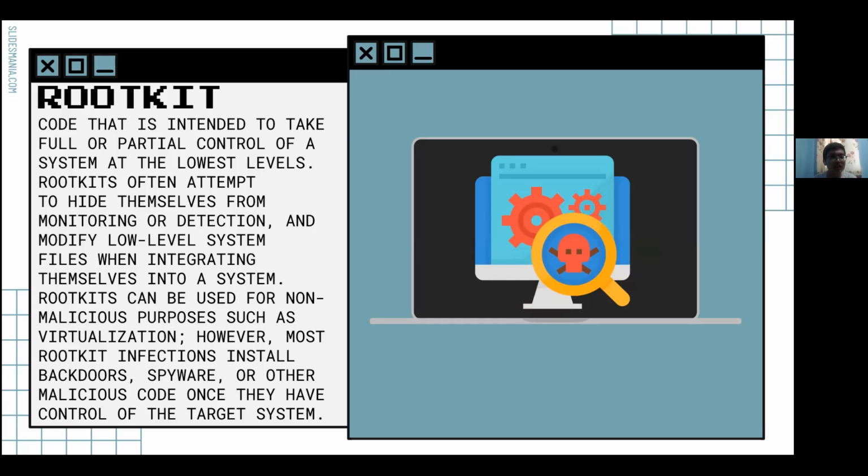Rootkit. Code that is intended to take full or partial control of a system at the lowest levels. Rootkits often attempt to hide themselves from monitoring or detection and modify low-level system files when integrating themselves into a system. Rootkits can be used for non-malicious purposes such as virtualization. However, most rootkit infections install backdoors, spyware, or other malicious code once they have control of the target system. Next,